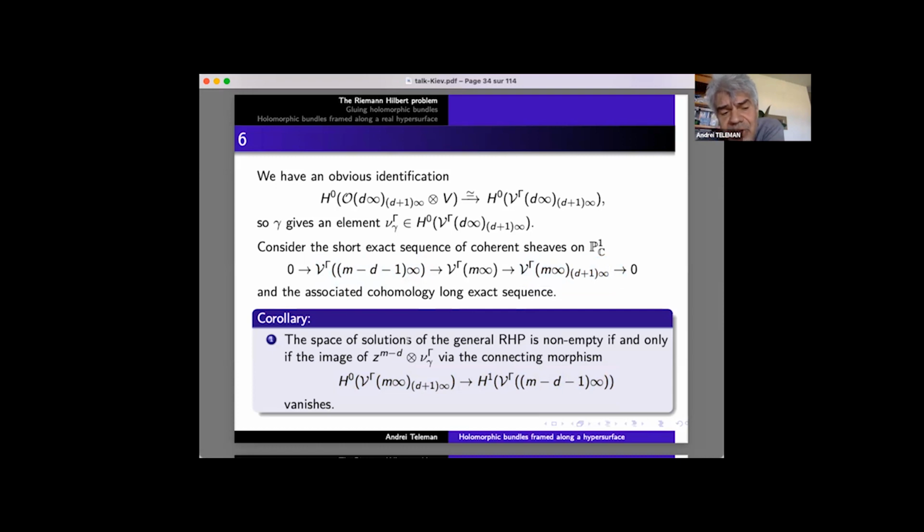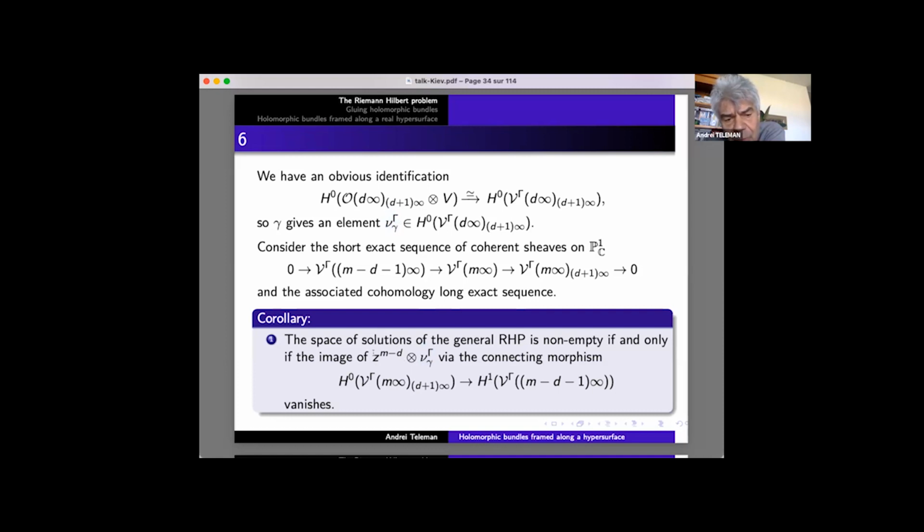In a certain sense, this corollary solves the general Riemann Hilbert problem, which, as I said, generalizes Plemelj's version, which generalizes Hilbert's version. So it says the following. The space of solutions is non-empty if and only if the image of the object I constructed, associated with gamma